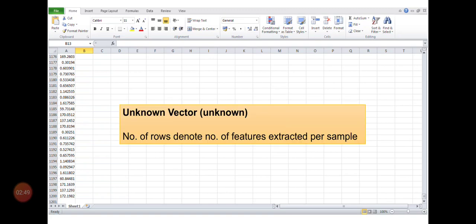For this example it is named unknown and it is in Excel format as well. Here it is only one column. Why one column? Because we are going to check only one particular instance or sample, but the number of rows denotes the number of features extracted per sample.